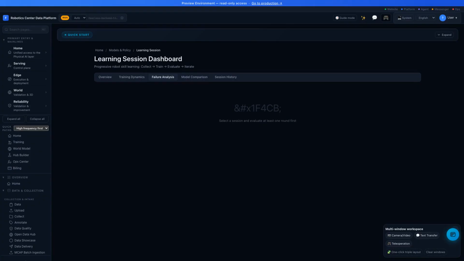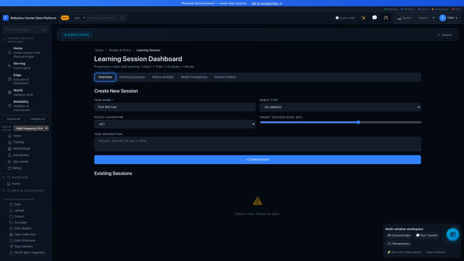Watch the loss curve fall in real time. See exactly what each demonstration teaches the model. Failure analysis. The platform shows you where the robot struggles and tells you exactly what data